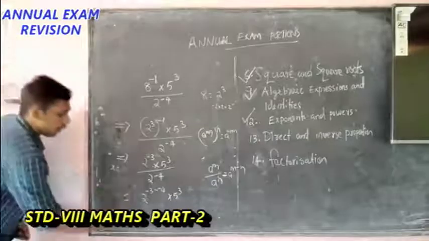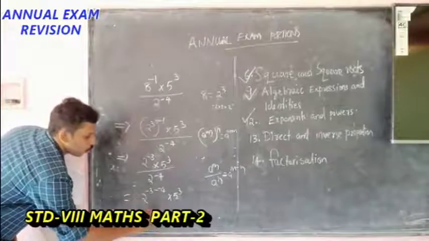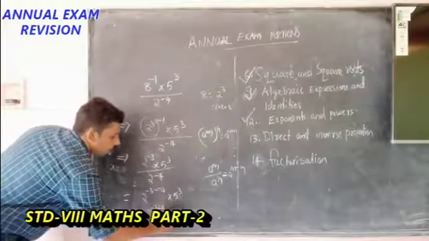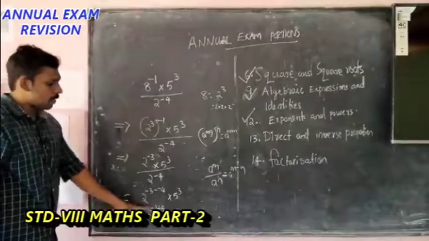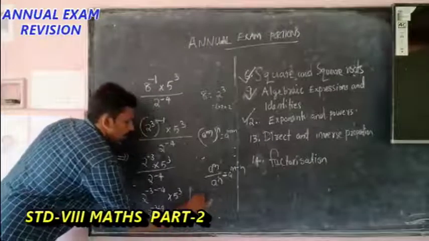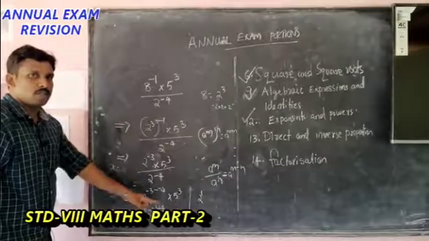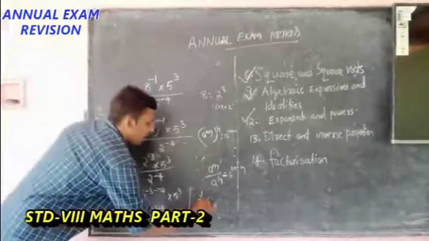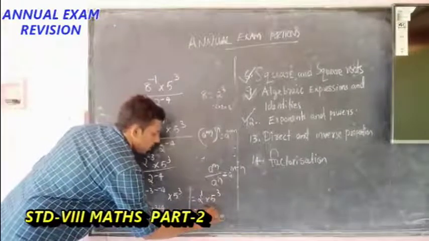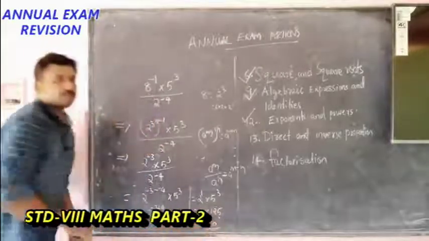Look at both. Then in 2 power minus 3, the double minus becomes plus, so it is 2 power minus 3 plus 4 into 5 power 3. Minus 3 plus 4 is positive 1, so it is 2 power 1 into 5 power 3. 2 power 1 is 2, 5 power 3 is 125. So the answer is 250.